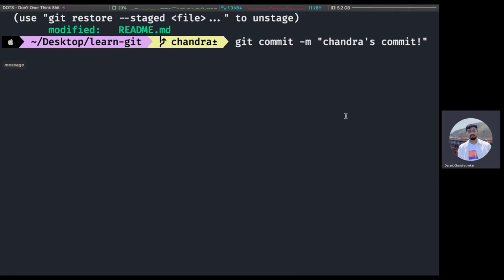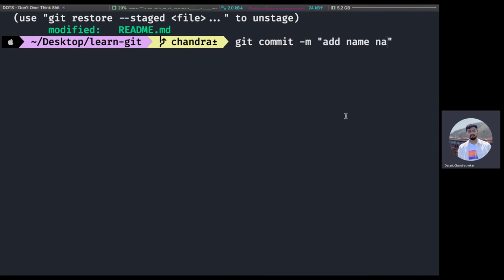Once you're done with staging your changes, I want you to commit them with a message. The way you do that is git commit -m, and within quotes you put a comment or message describing what your commit was.